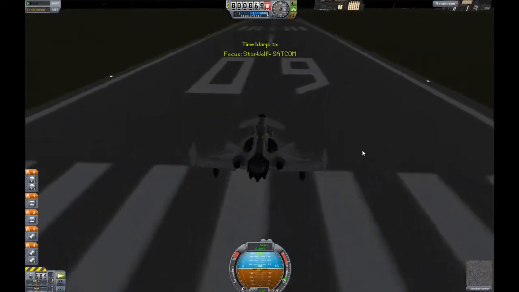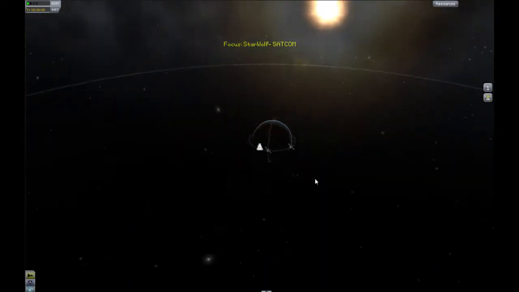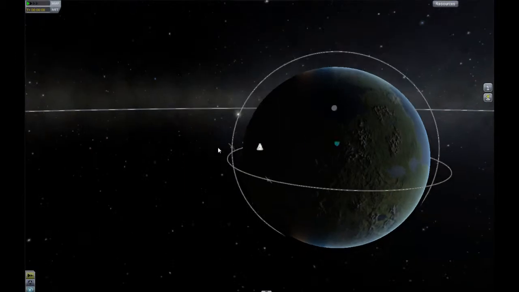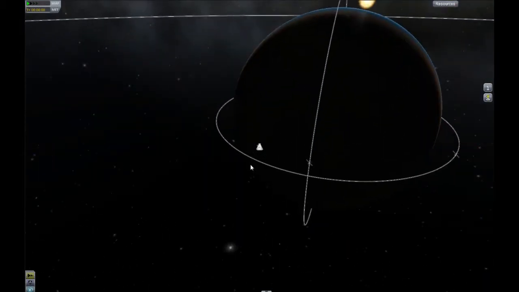Alright, here we go. Now, let me hit the map. The satellite that we're going to be replacing is our north to south pole satellite, SATCOM 1. It's at 100 kilometers up, or 100,000 meters up. This is SATCOM 2. That one was recently put up there by this craft. It's the updated satellite version. So we're going to go ahead and